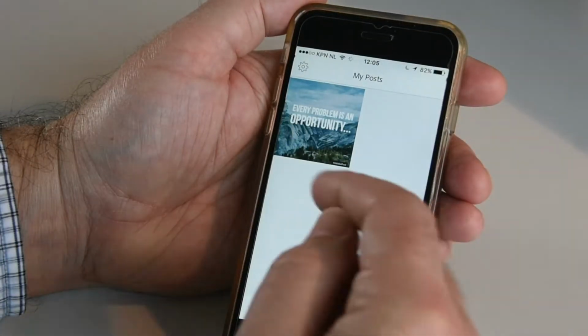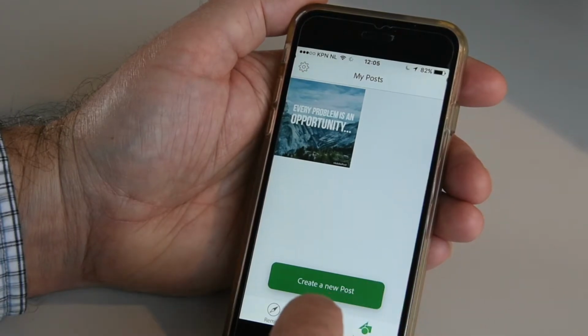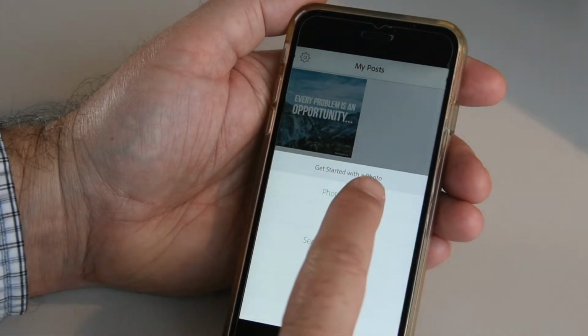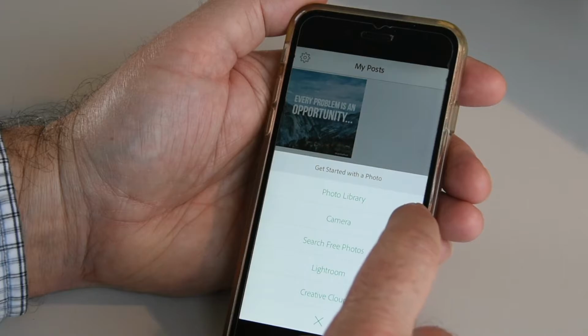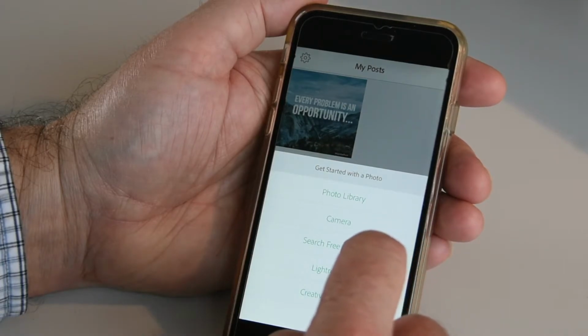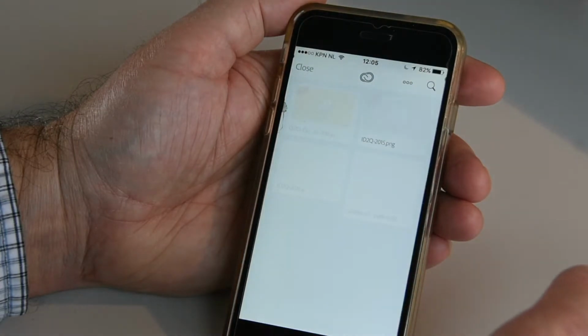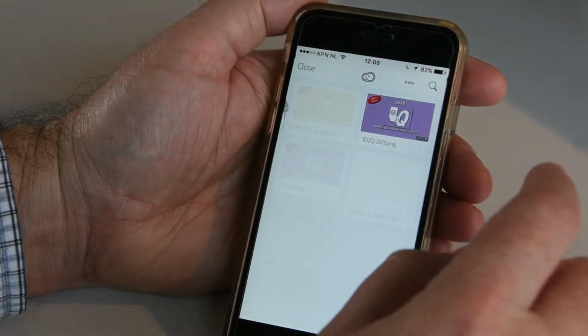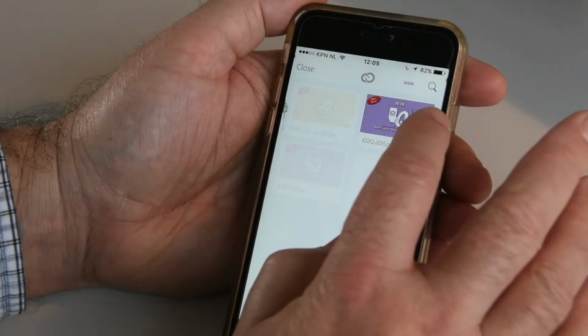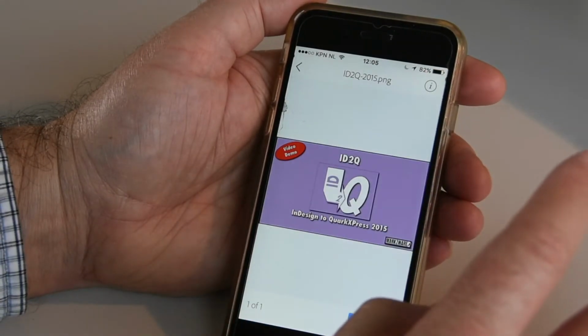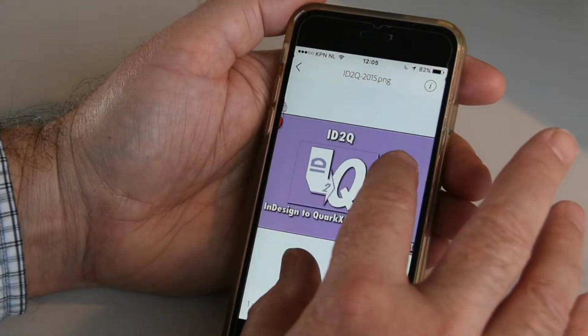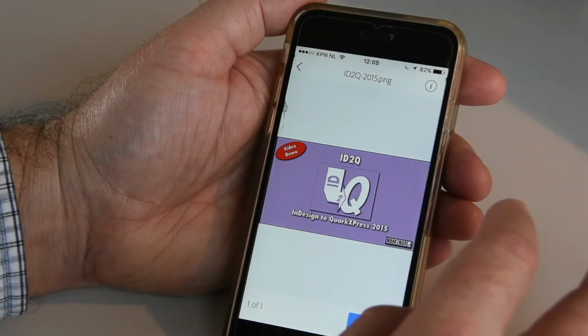In My Posts, I see there I want to create a new post, and I have a whole host of possibilities. Creative Cloud, and I can then choose one like this, InDesign to Quark ping.